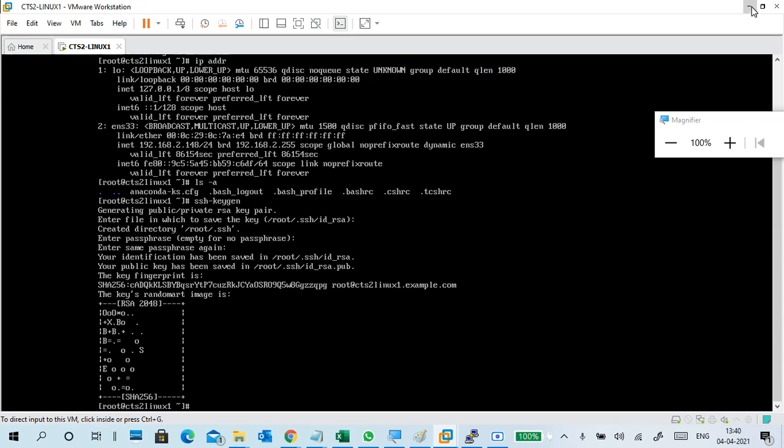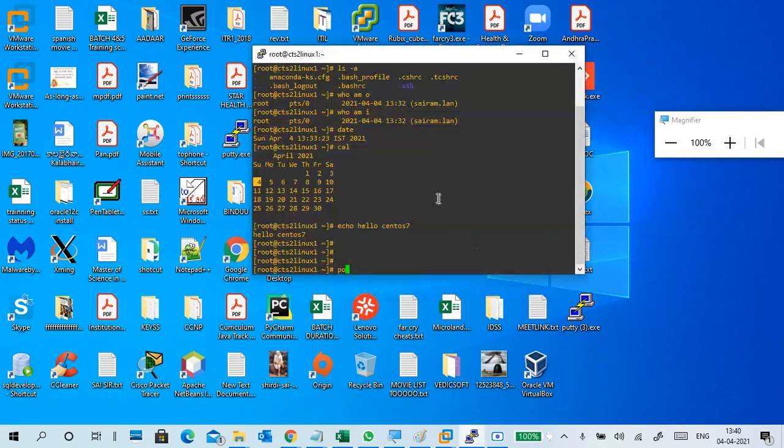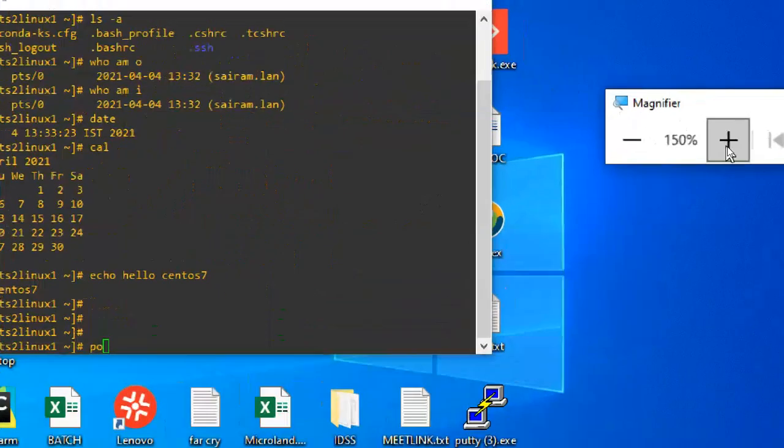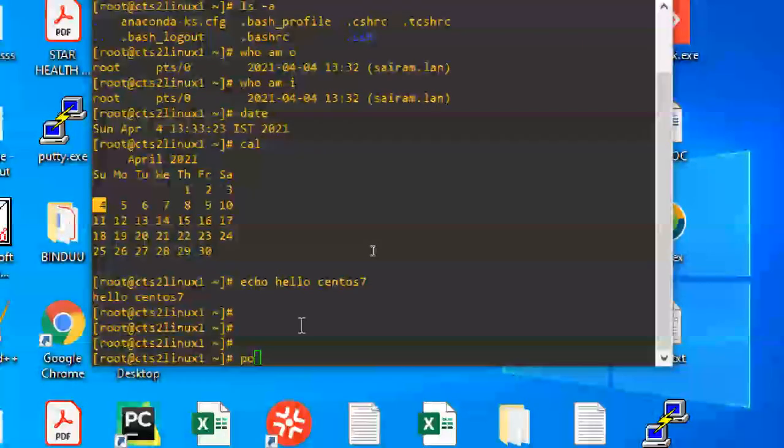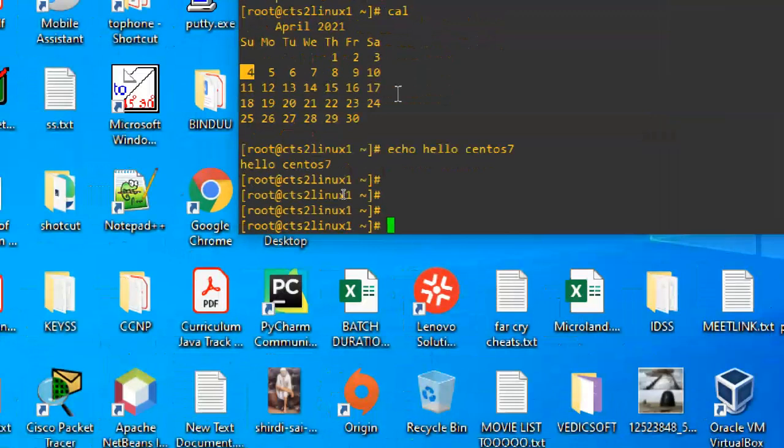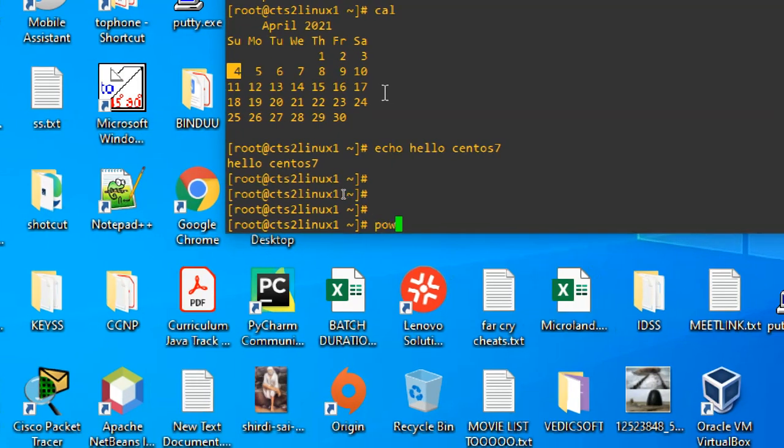Okay, so this is my Linux minimal version. Now I connected with PuTTY like this. I can operate with the PuTTY. Even if you install a full version also, we should use an SSH connection only. Last batch I didn't show you how to install a full version, and in the previous batch I got a problem. Okay, so I will try once again.